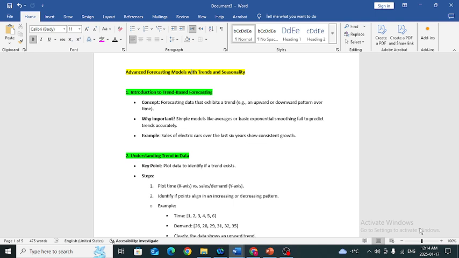So, how should we do it? The x-axis shows us the time, and the y-axis shows us the sales or demand. We should plot this data on these axes and identify if points align in an increasing or decreasing pattern. For example,